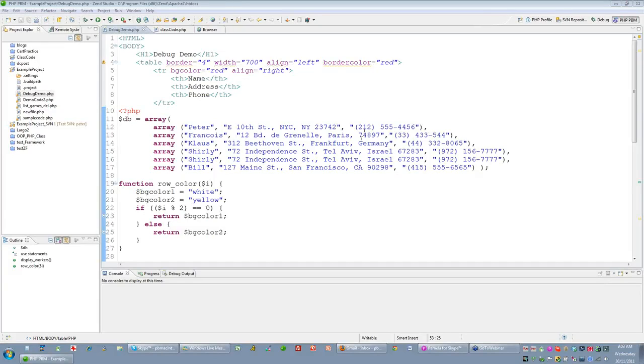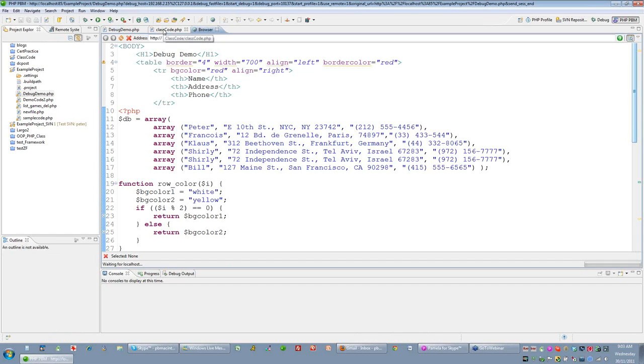So today we're going to look again at some more of what Zend Studio for Eclipse can do. Specifically today we're going to be looking at team development, primarily saving code and transferring it back and forth between